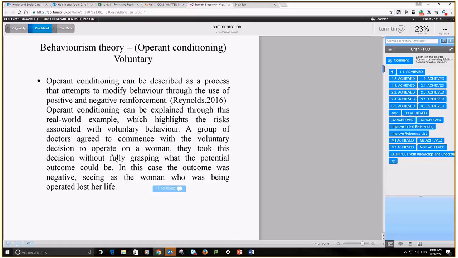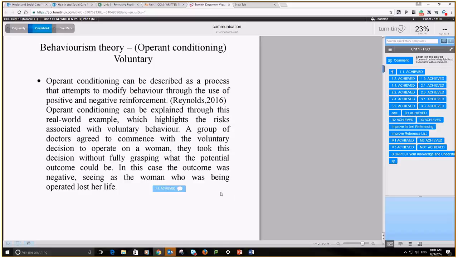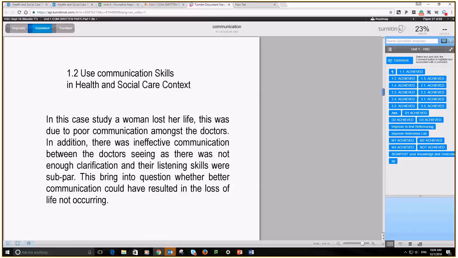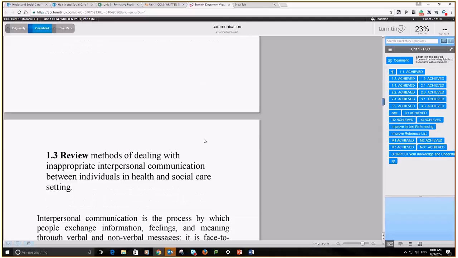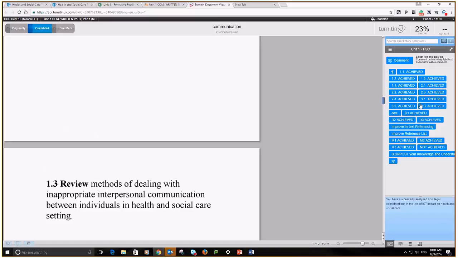So whenever the students read this, they will get this message for 1.1, that they have achieved it, but then also they will get your comment, which is very important. So you'll do the same thing throughout the work. Whenever you see 1.2, you will judge that, and then you will obviously drag and drop. Okay, now you'll have also for merit and for distinction and for any other things like improving in-text